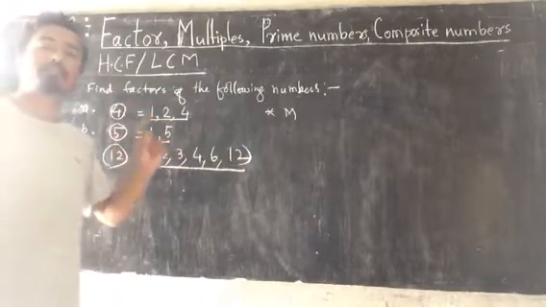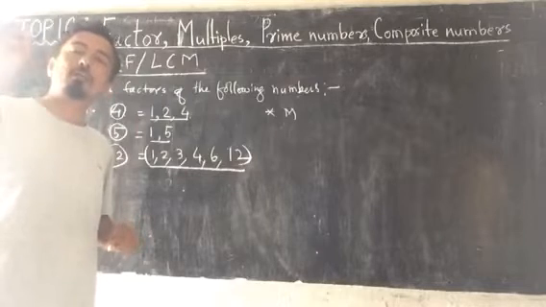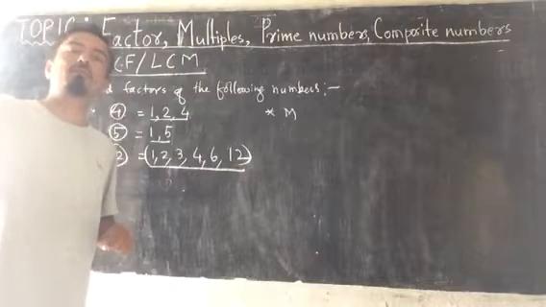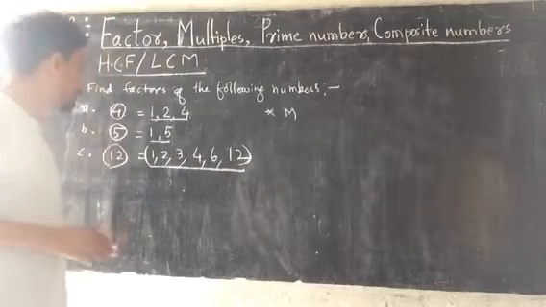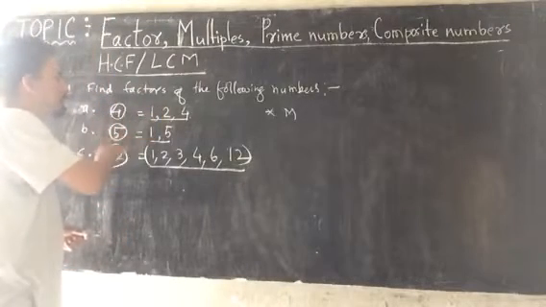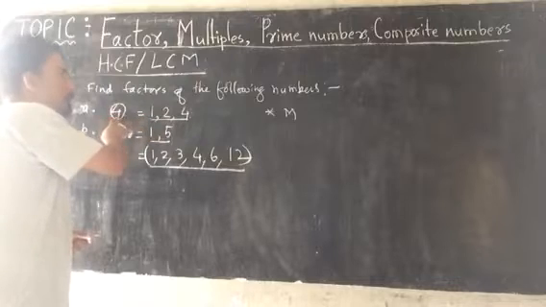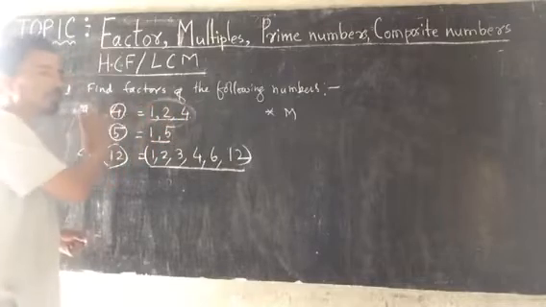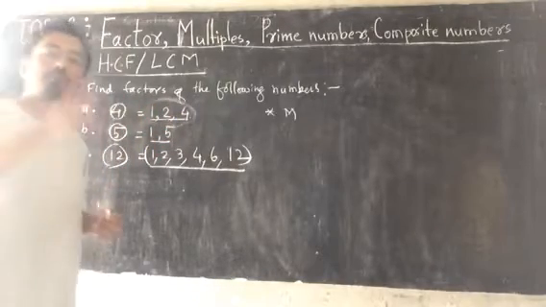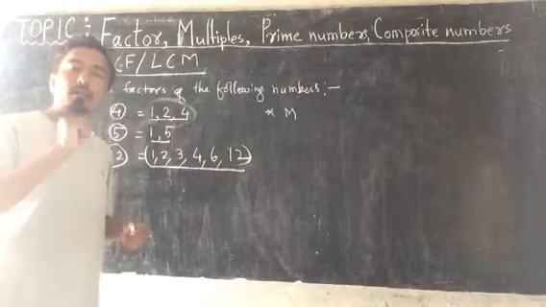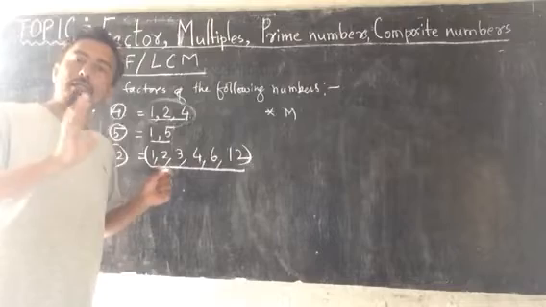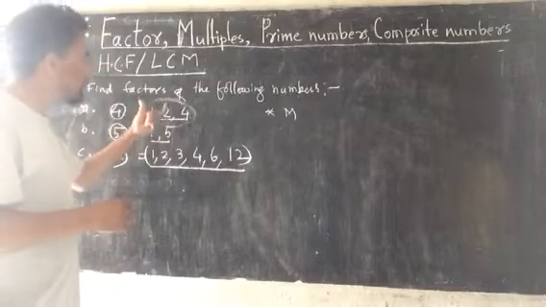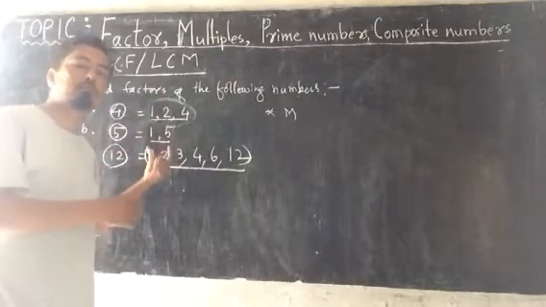Like if a certain number is given, and you are asked to write all the factors of the given number, how to find all the factors? These are smaller numbers, so we can easily understand that 4 can be divisible by 1, by 2, and completely divisible by 4. We could understand because the number is very small. If the number given is 216, 300, 400, 84, 96, in that case you may have a problem. How to find the factors of a bigger number, we will learn later on.